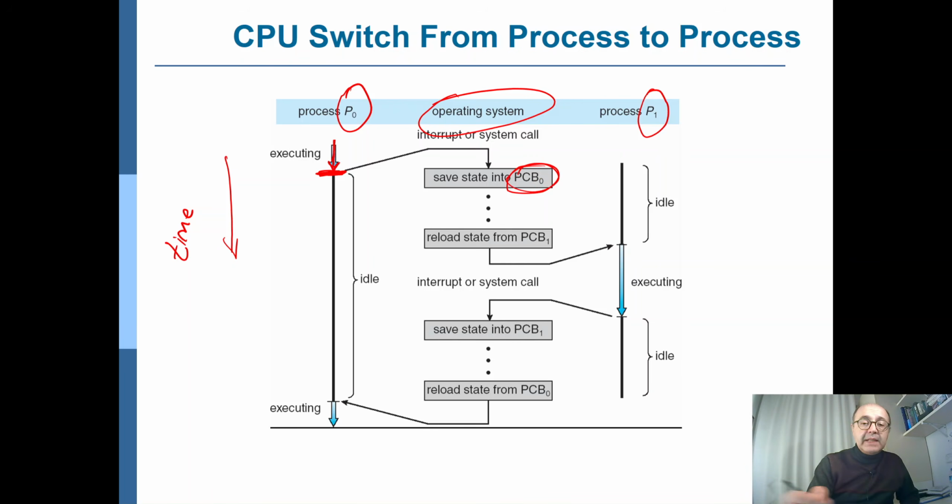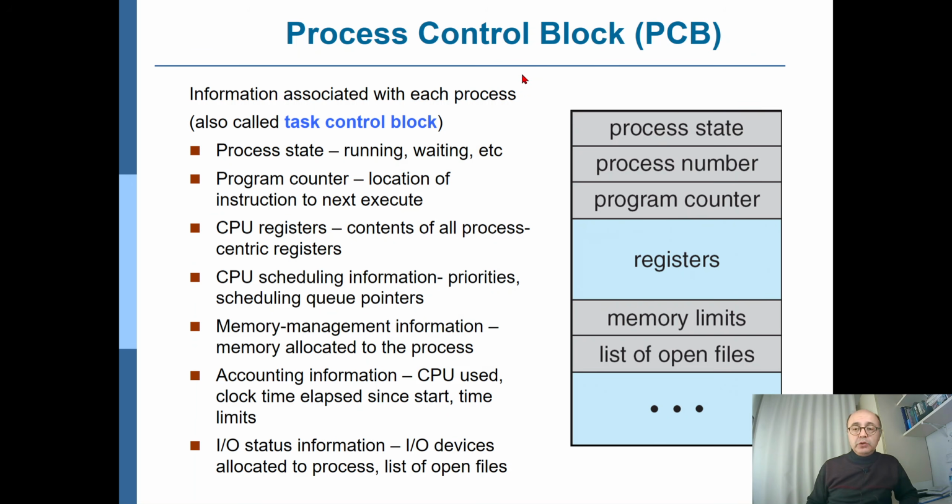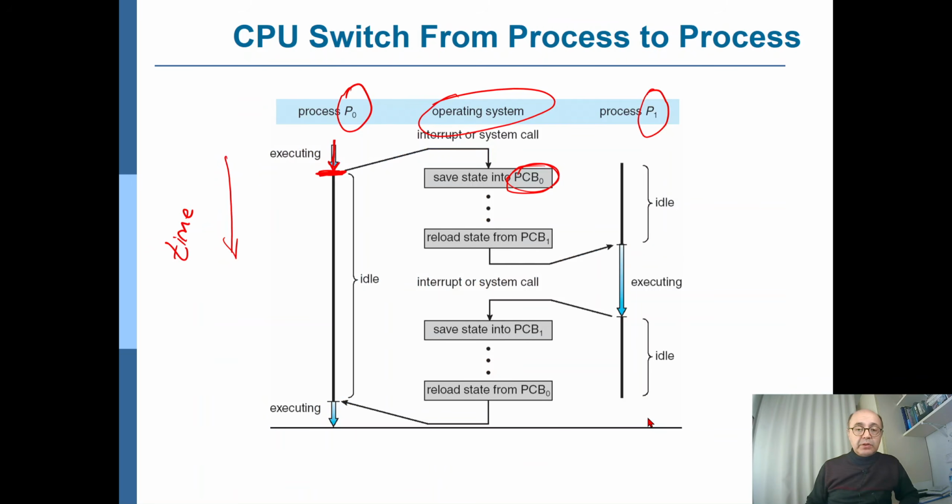So that save operation takes some time. Remember, you have to write the state. The process number has not changed. You have to update the program counter. You have to update all the registers. The others typically will not have changed much. You have to store this information. So you should save the state for process 0 and you should